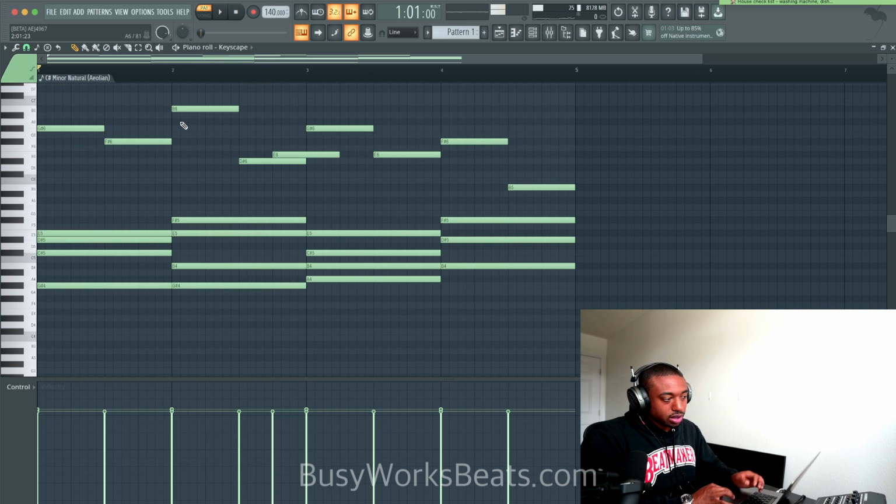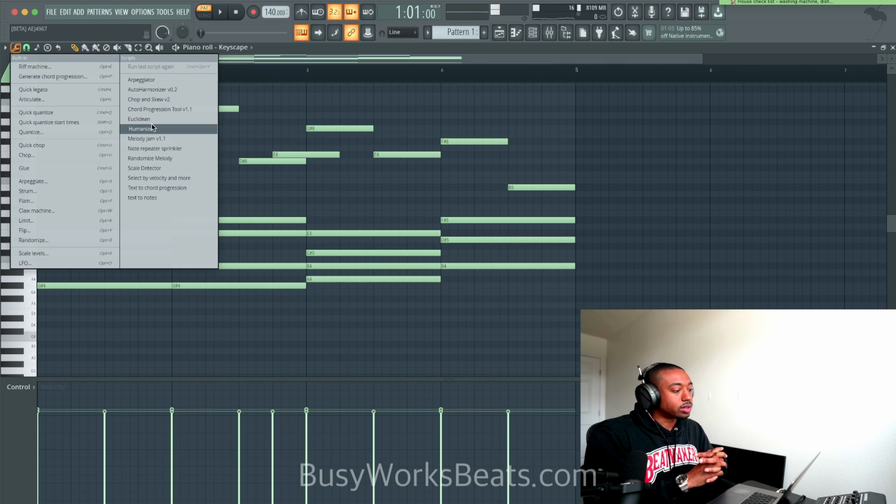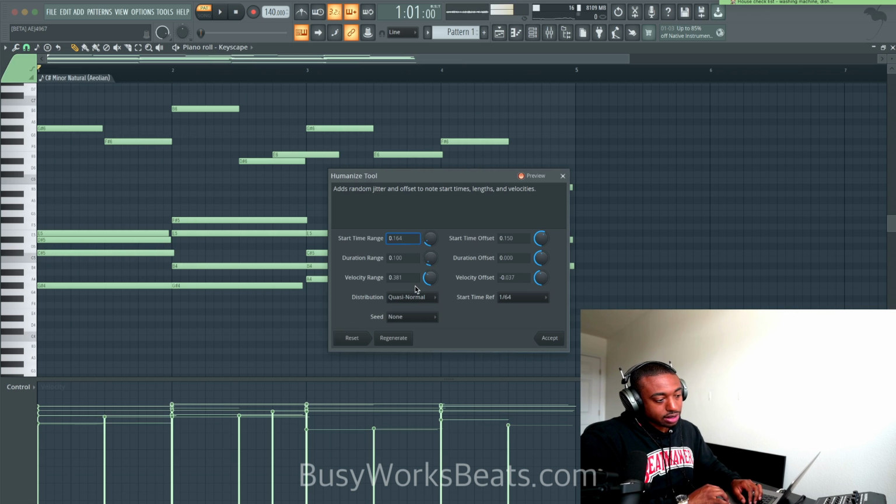Okay, so at this point, there's a script. If you look into their forums, there's a script. Go to the tools, and if you didn't update to 21.1 or 0.2 yet, you might not see these yet, but these are called scripts. So here, we're going to grab these from the ImageLine forums. Different users have created different scripts. So this one's called the Humanize script.